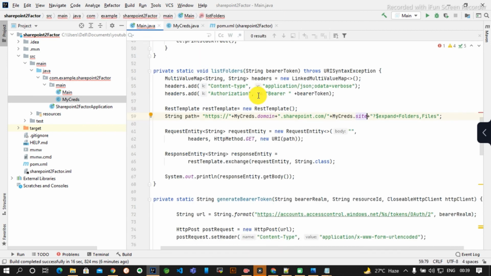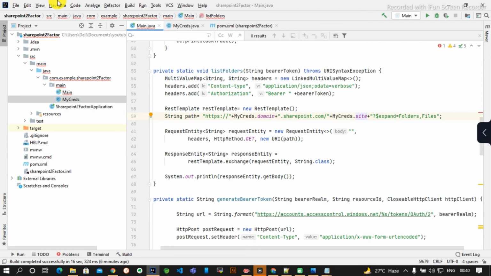So here guys, you can see I have created one method which will fetch the base directory, that is shared documents. Whatever files and folders are in the shared documents, it will show. Okay, you can see I have created a multi-value hash map. Multi-value hash map, if anyone doesn't know, a map simply contains one key and one value, but a multi-value hash map can contain one key and multiple values. Okay, so that is multi-value hash map.